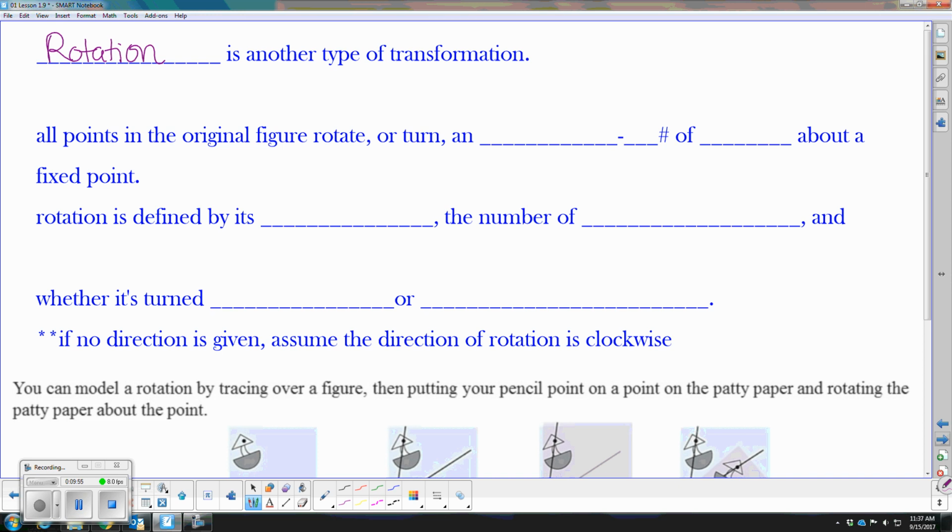And with a rotation, all points in the original figure rotate, or turn, an identical number of degrees about a fixed point. And this, again, just means around a fixed point. A rotation is defined by its center point, the number of degrees turned,